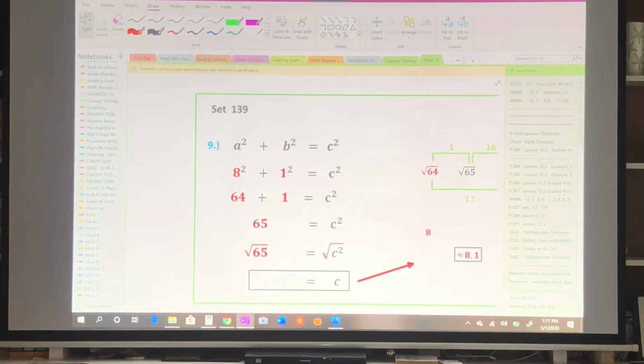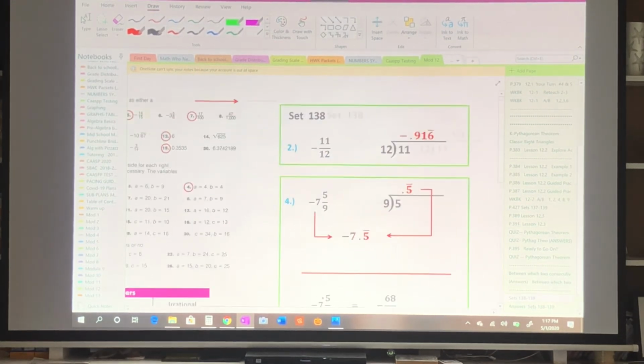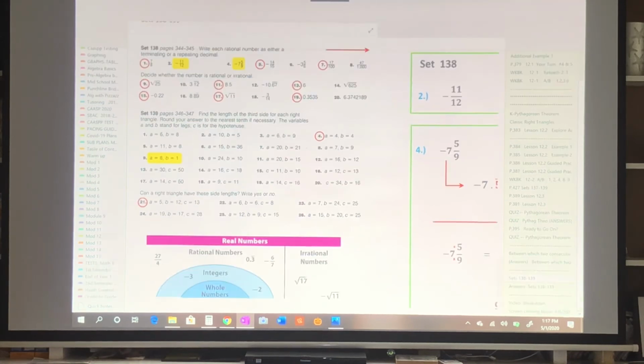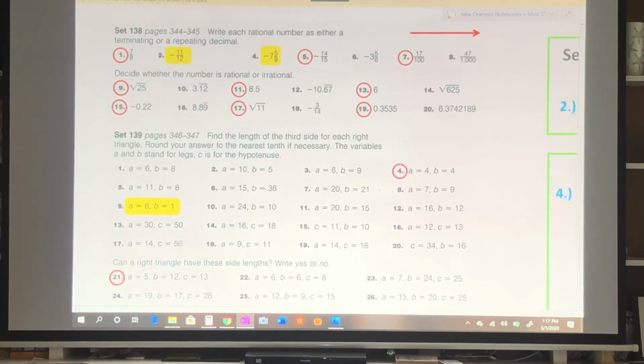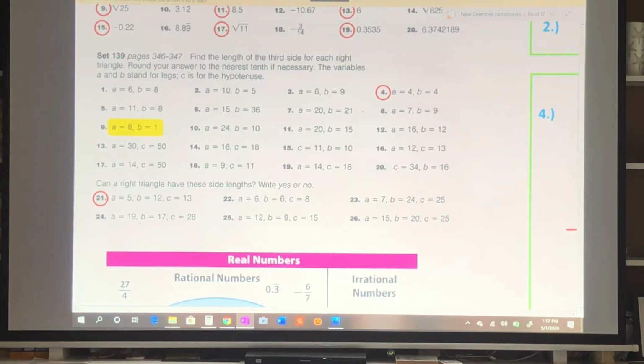All right, so let's go over here, back where I want it to be. Okay, so the only one you have to do is that one. I'm not trying to give you guys 10 million problems. Okay, then it's just yes or no. Can those three sides, do those three sides, are those three sides